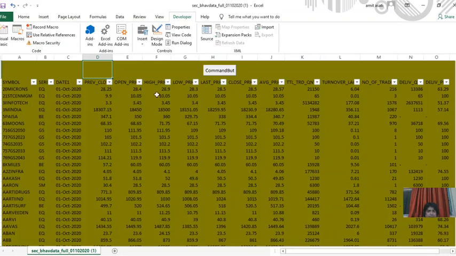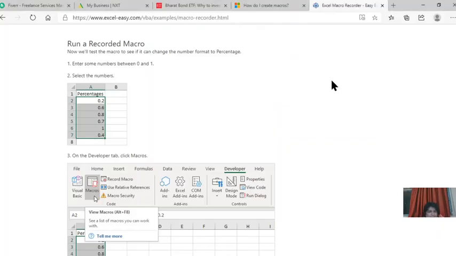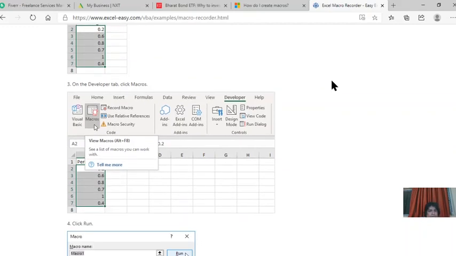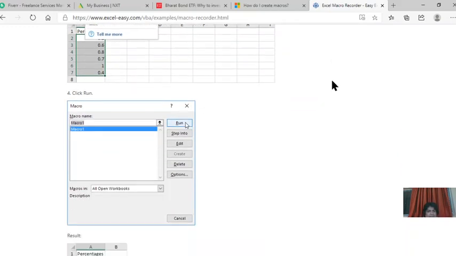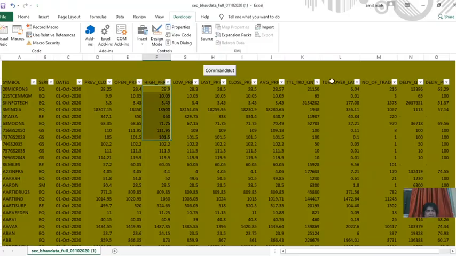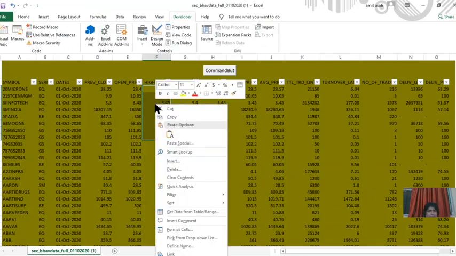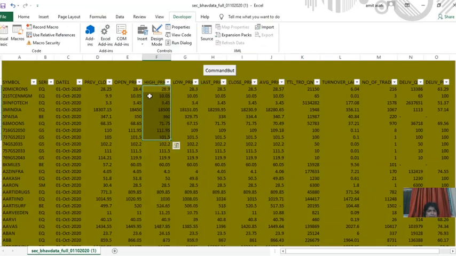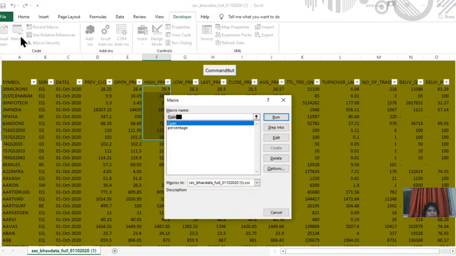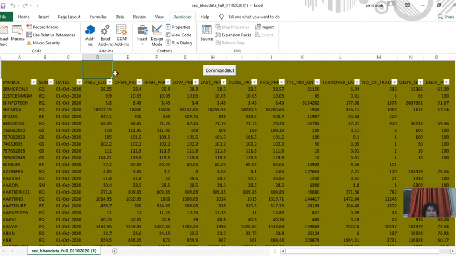Select the numbers, then View Macros, and Run. Macro 1 run, and sorry, Macros and percentage. Okay, run. Is it working?